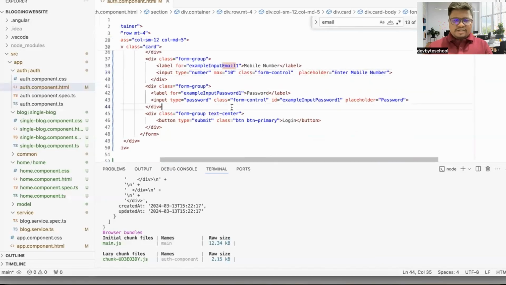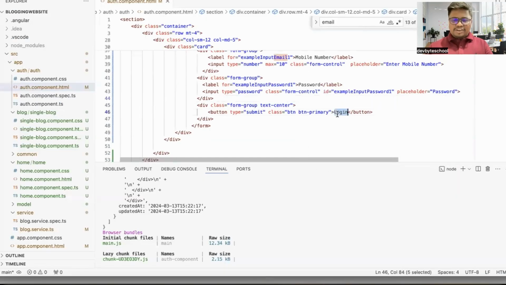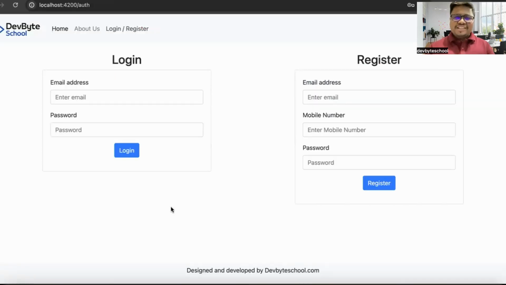Now let's add one more thing: email address, mobile number, and password. And instead of the login button, make it Register. Looks great. Now to make this part dynamic, we have already created APIs for this, and in the next session,